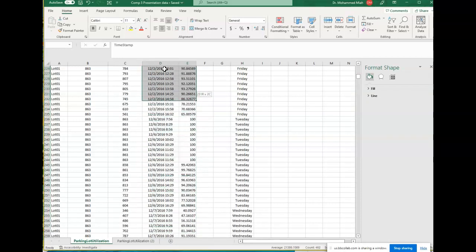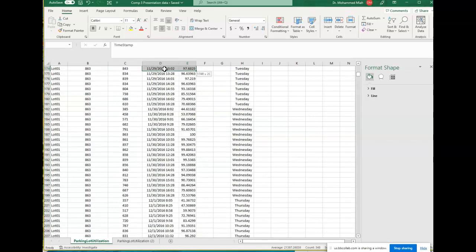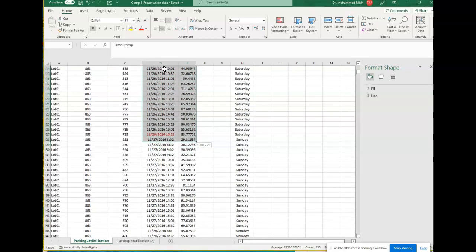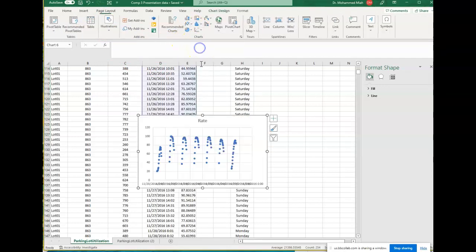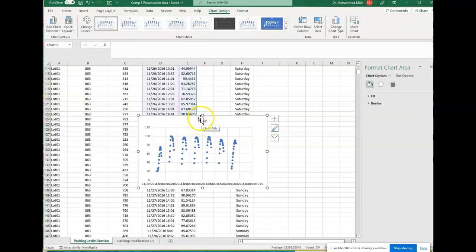$11.26, I'm sorry. 11.26. 11.26 right here. Okay? Then you can say insert, scatter. Now here. Now times are in the, if you show in this way,